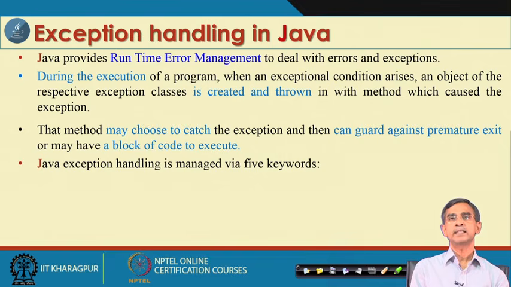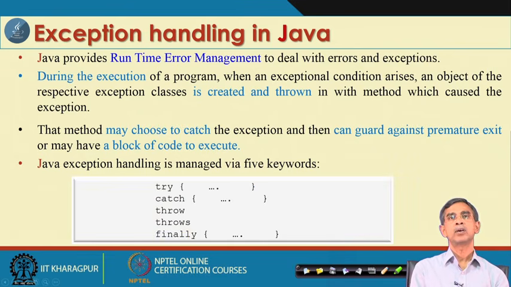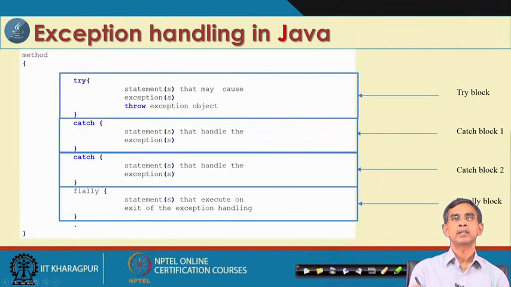Regarding this, the Java exception handling mechanism consists of 5 specific keywords: try, catch, throw, throws and finally. These are keywords like the class keyword, the interface keyword, or the extends keyword, which we have to embed into the program. Now, let us see how we can do all this. In general, these keywords can be embedded in a program.